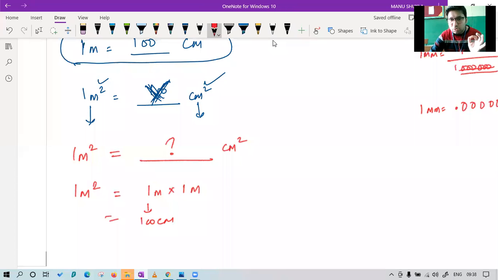This is also 100 centimeter, and we got the answer as,